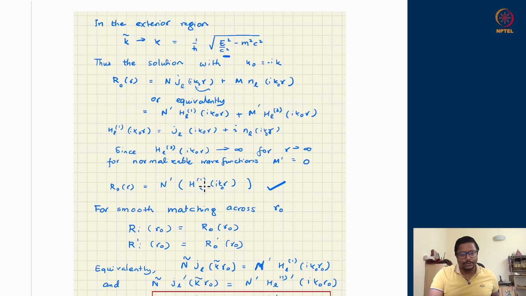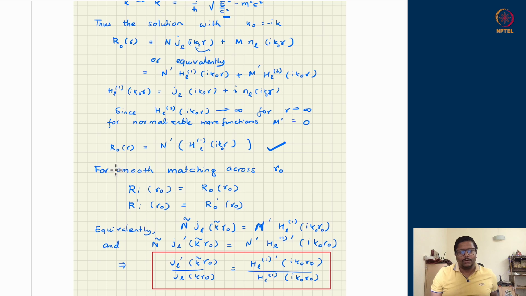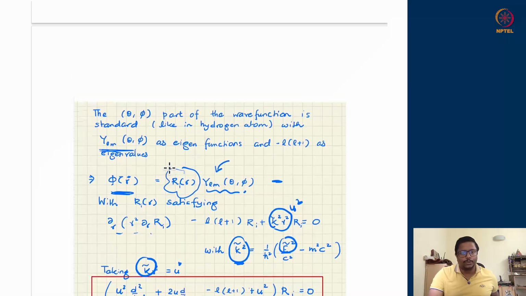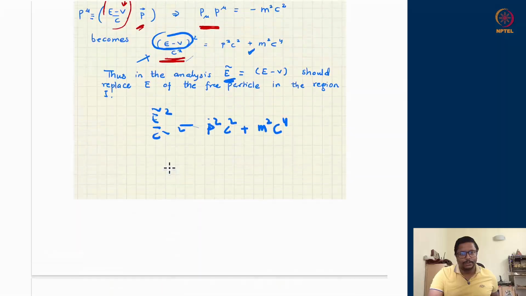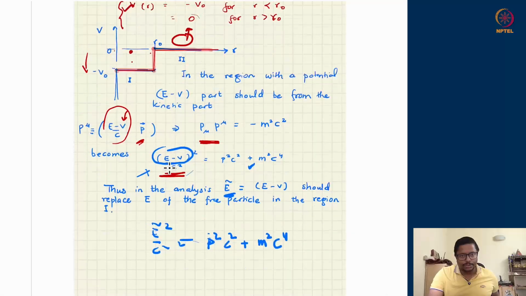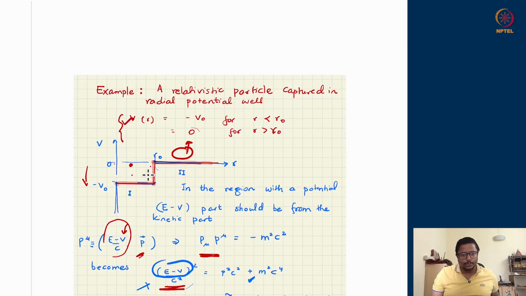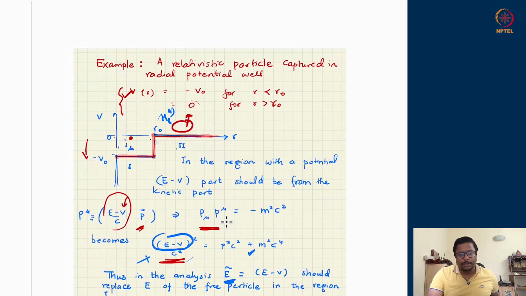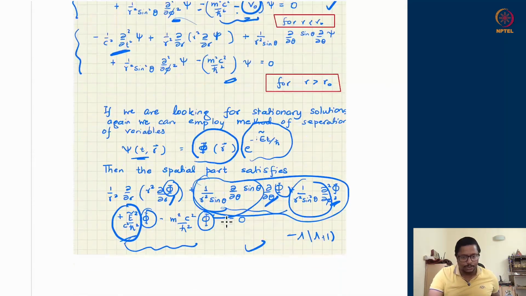So if you do that, you will get this solution. This is the exterior solution. Again, YL in theta phi will be multiplying that. And at the boundary from region 1 to region 2, I want things to match very smoothly. So remember the problem which we are looking at, the potential which we were here. At R0, I do not want things to diverge again. This should have some functional form here, JL functional form, and HL1 functional form here, and they should match here. So I should smoothly go from region 1 to region 2. So the curve should match, the wave function should match, and its derivative should also match.